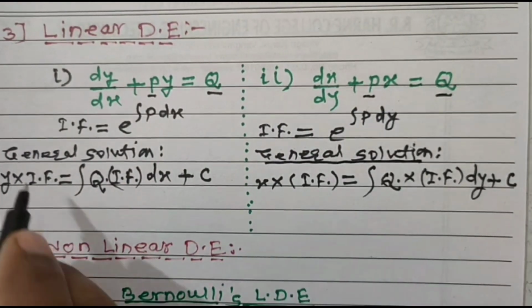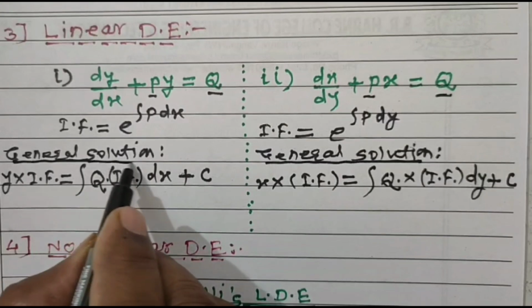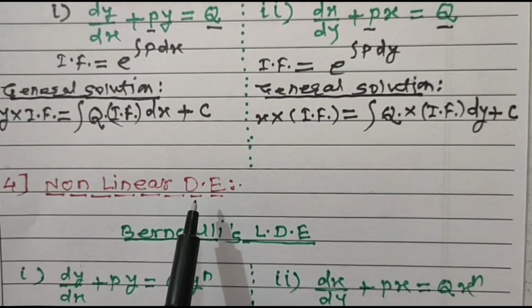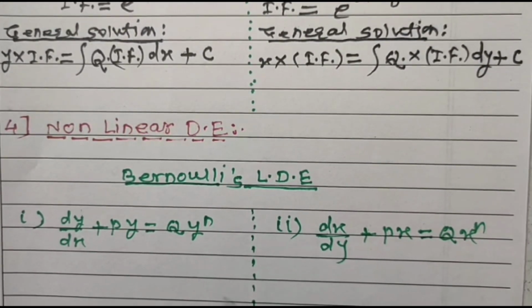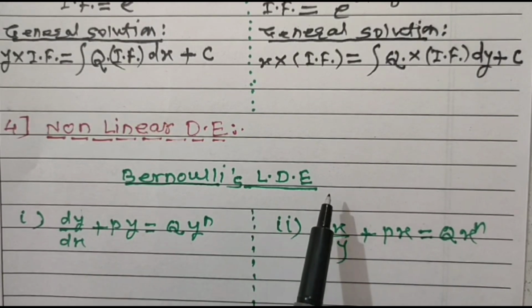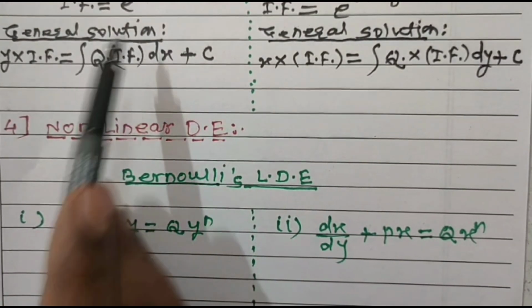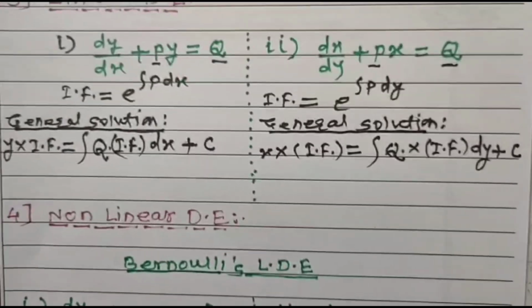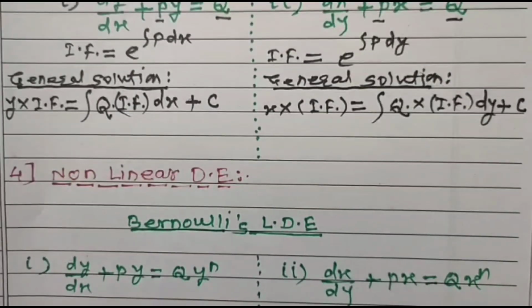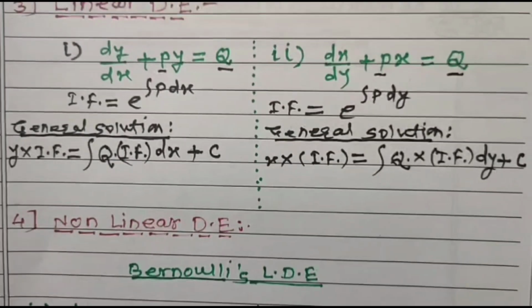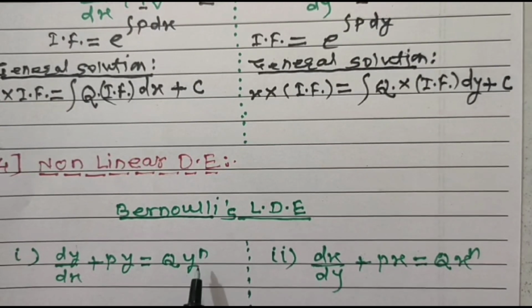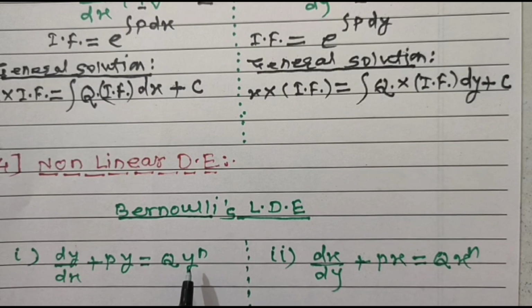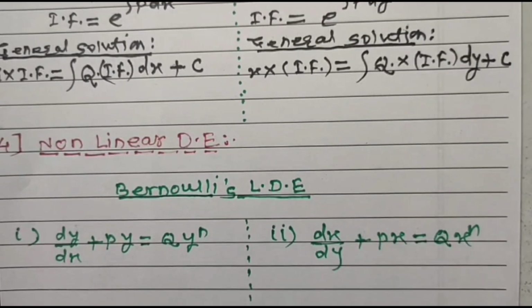Okay. Now we have to learn about non-linear differential equations. And in this type, we have to study 4 more cases. First 2 cases are known as Bernoulli's differential equations. Similar to the previous case. Only change is what? This differential equation is similar to that differential equation. Change in the right hand side only. Here the right hand side is purely a function of x into y to the power n. We want the right hand side purely a function of x. Then what we have to do? In this case, we have to divide both sides by y to the power n.